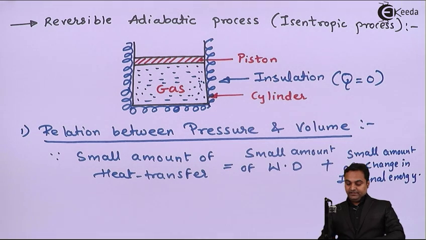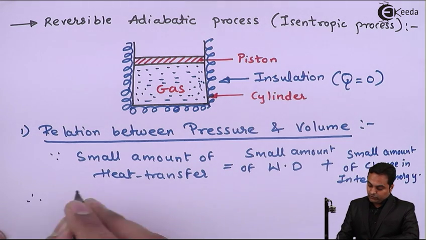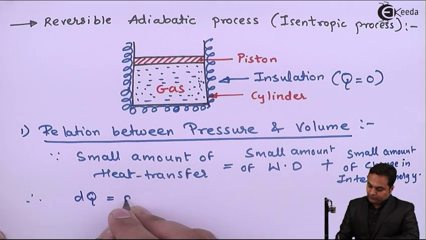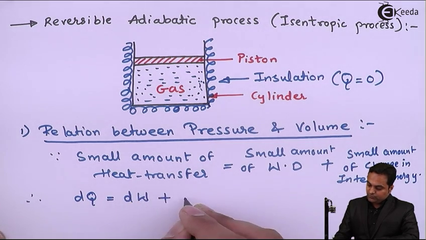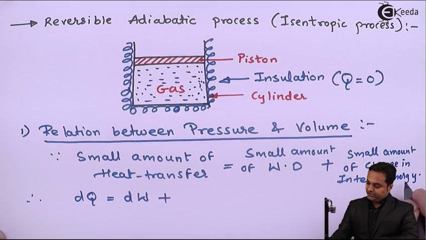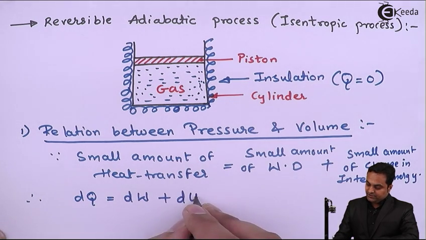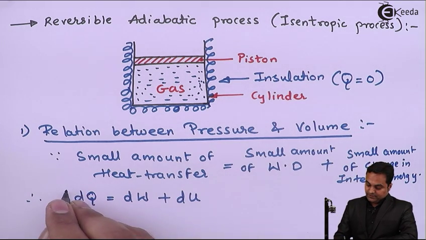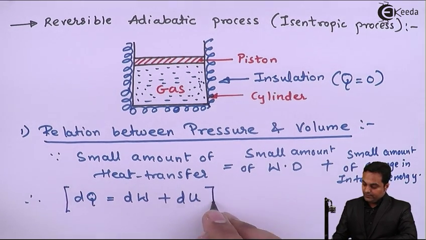So here I am writing the relation that therefore small amount of heat transfer, I'll denote it as dQ, equals small amount of work done dW, plus the change in internal energy, that is dU. Keeping this as equation number 1,